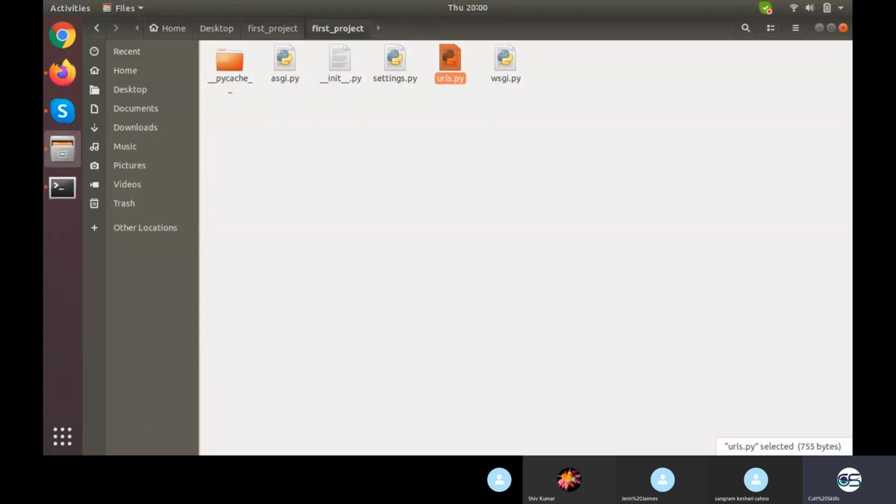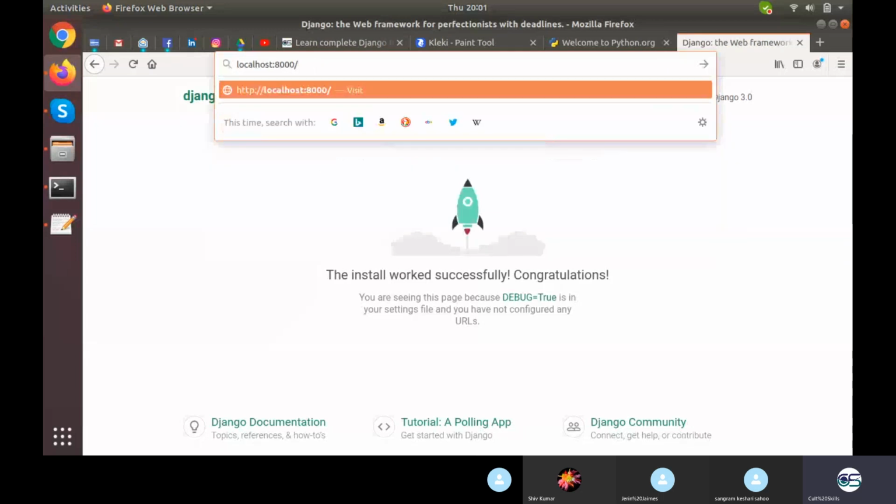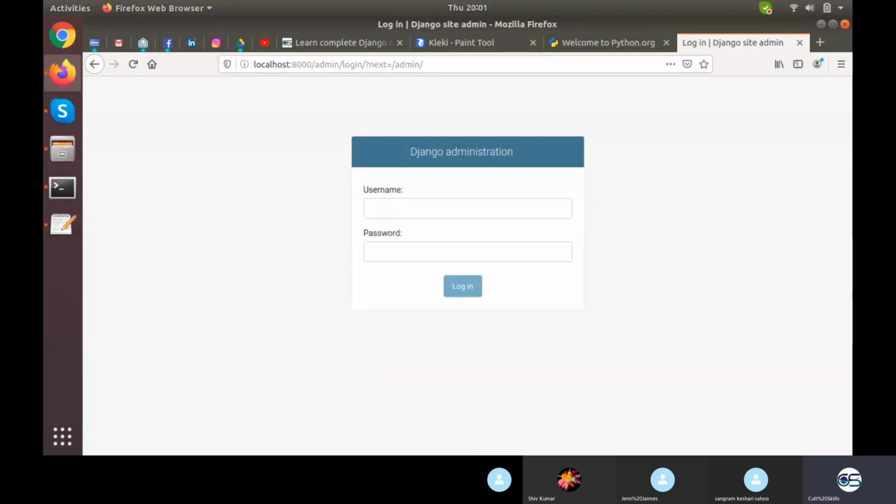Another thing is urls.py, which will maintain the URLs for me. Now it has one URL right now, which is path admin, and it points to admin.site.urls, which is already created. What do I mean by this? That path admin means whenever I write /admin here, it'll take me to that admin.site.urls, which is an already defined Django administration panel. So I can put in a username and password and log in, which username and password I need to create on my own. Okay, and login, this is the predefined admin panel served by Django itself. So now what is the meaning of this?